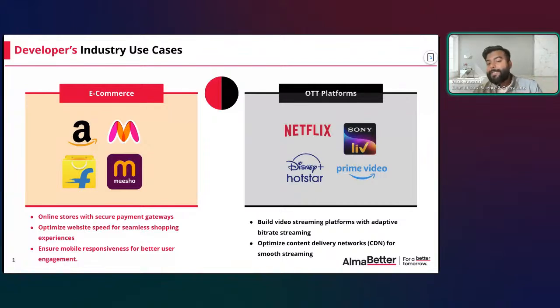But when you go to, let's say, OTT platforms, imagine on Amazon or Myntra you don't have any video service. There is one different layer which you might be working on if you go to OTT platforms like Netflix. If you join these categories of companies, you will be building a video streaming platform. There are a lot of things like third-party integration. Here, third party is at the core WebRTC. That's the core of video streaming, so that is something you will be working on.